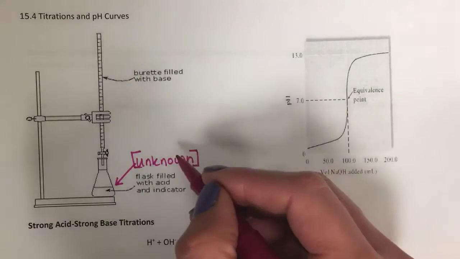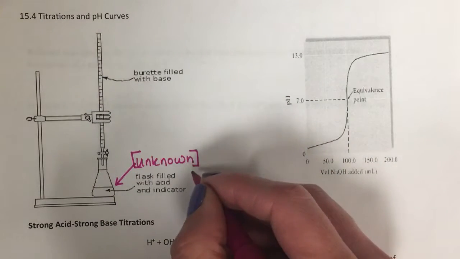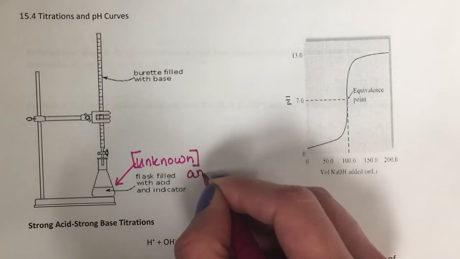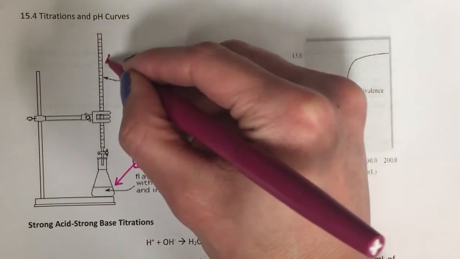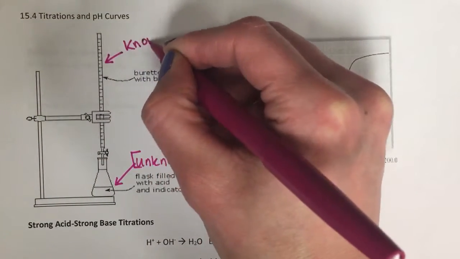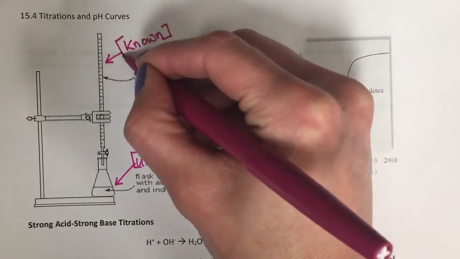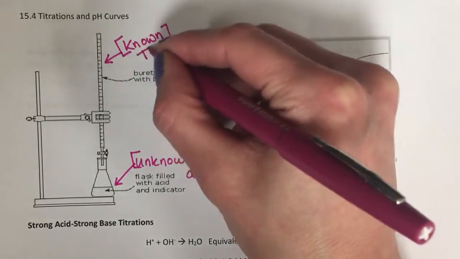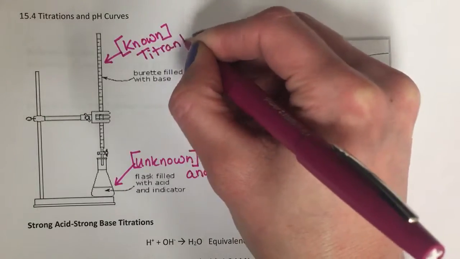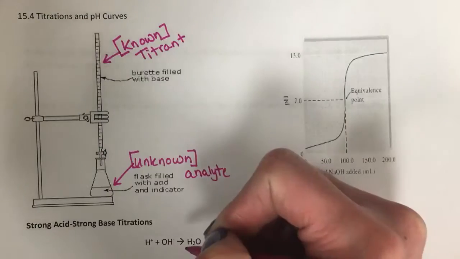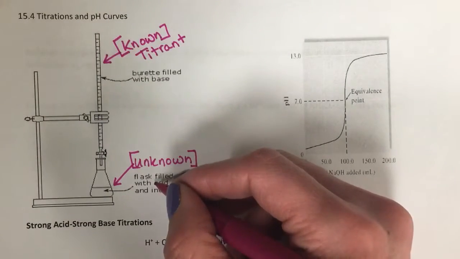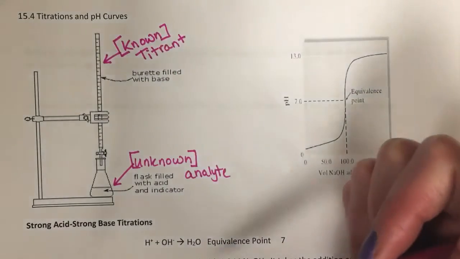Okay? The thing that I don't know the concentration of, I'm going to call the analyte. Now I'm going to take something I do know the concentration of, and I'm going to put it in the burette. I call this the titrant. Now in this case, I have an unknown acid concentration, so I'm going to neutralize it with a known base